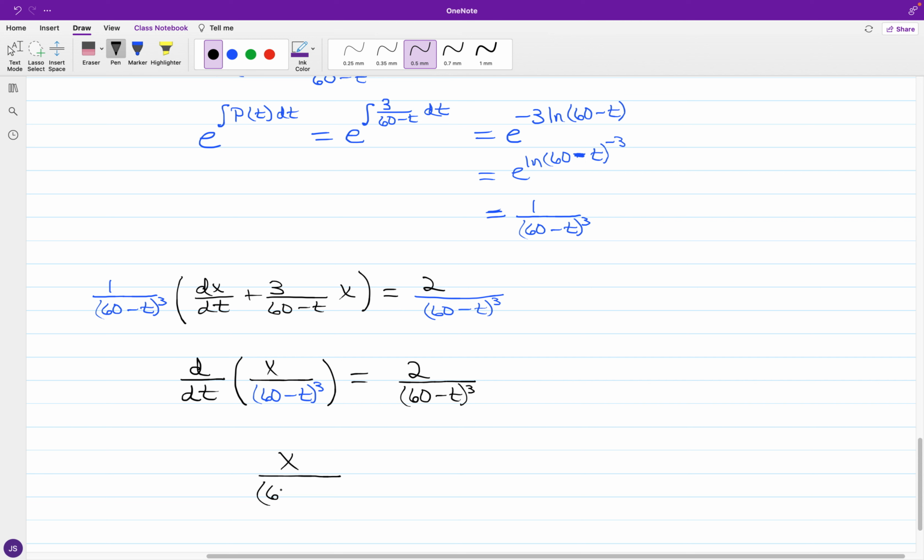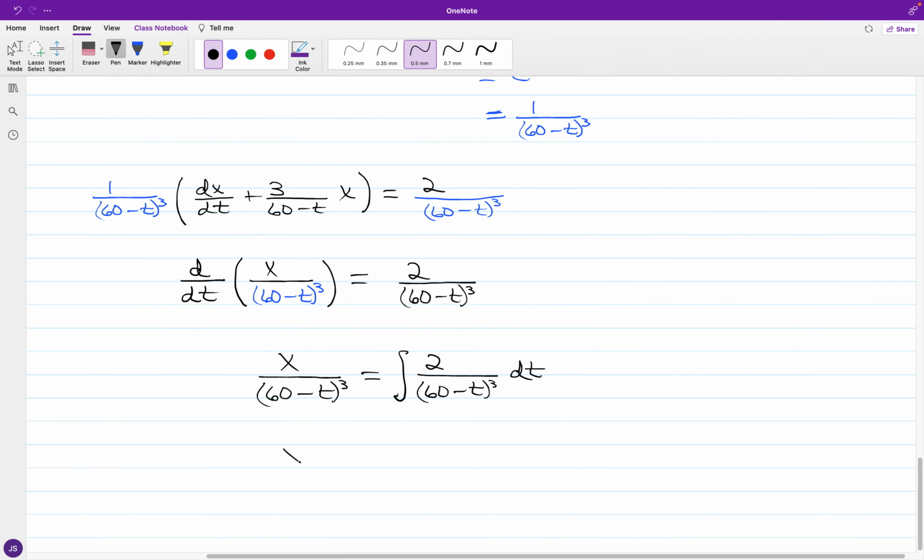So we have x all over the cube of 60 minus t is equal to the integral of 2 over 60 minus t to the third dt. So at the moment, okay, so we have x all over 60 minus t to the third,